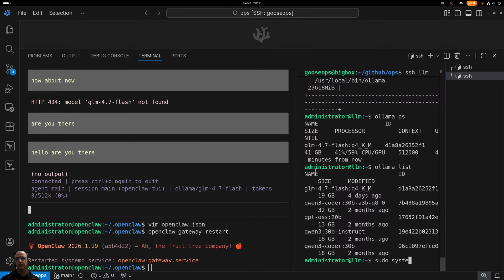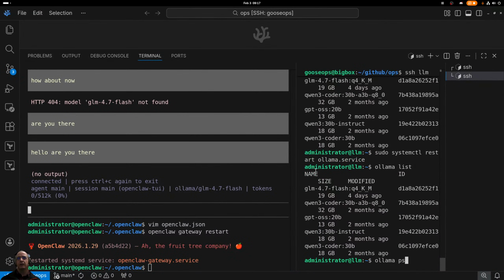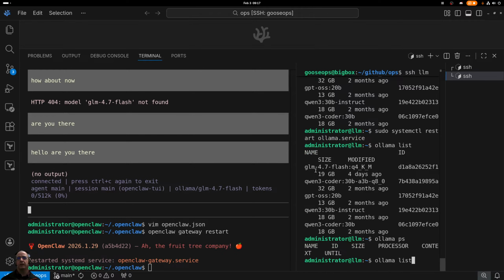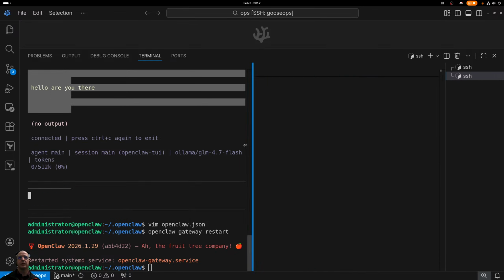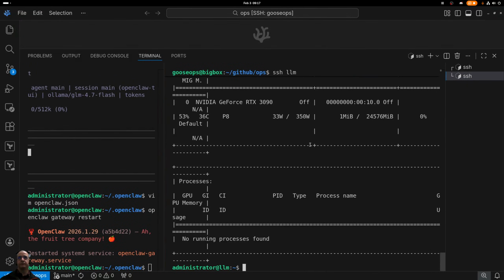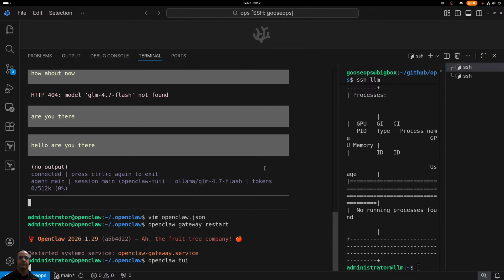Okay, that's going to restart. It should mean that we have nothing in here. Yeah, there's nothing. Okay, cool. Alright, so we started it. If I open up the TUI this time,